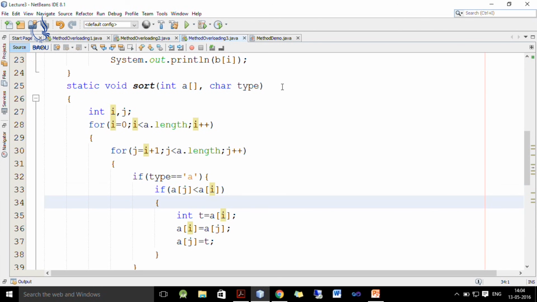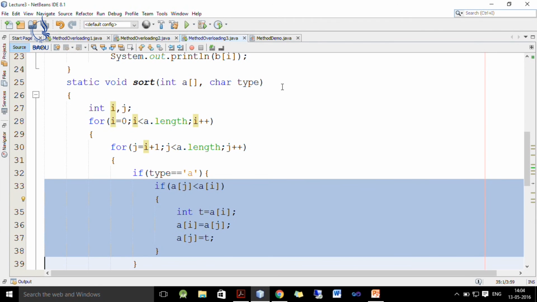So, what we do is we compare i with the rest of the elements, and if any element which is less than i is found, then we exchange this i element with the jth element using a temporary variable t. So, this logic performs the exchange depending on value.